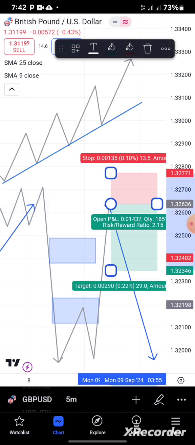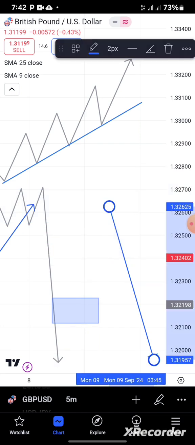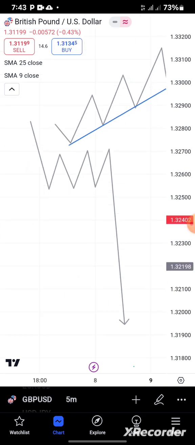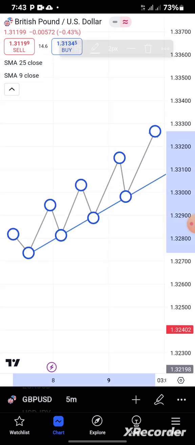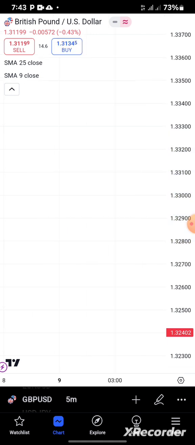That is the difference between supply and demand and support and resistance. Most people say supply and demand is the same as support and resistance. They are two different things. Basically, that's all I wanted to tell you guys. The difference between supply and demand and support and resistance. And